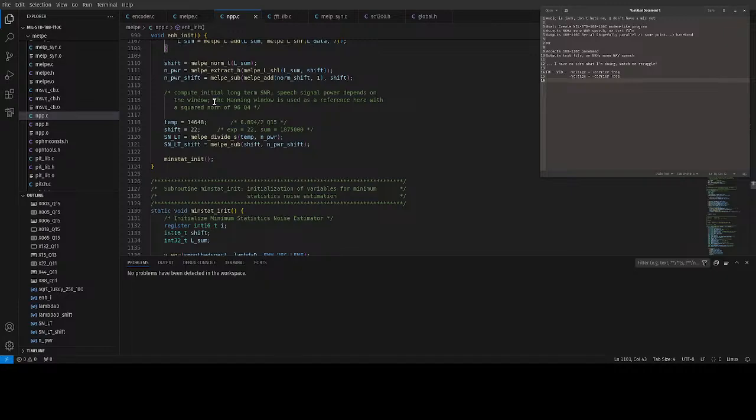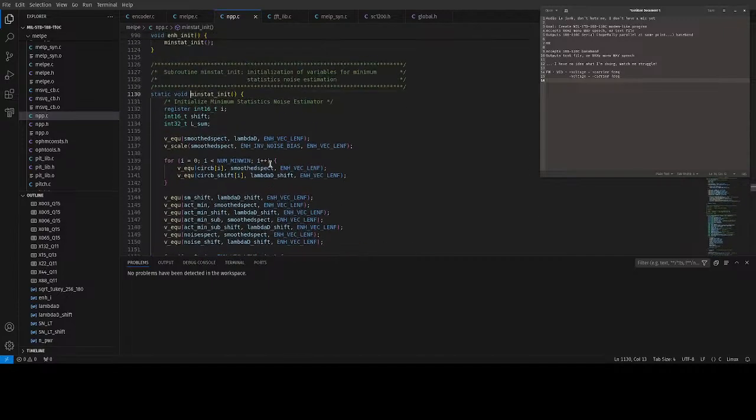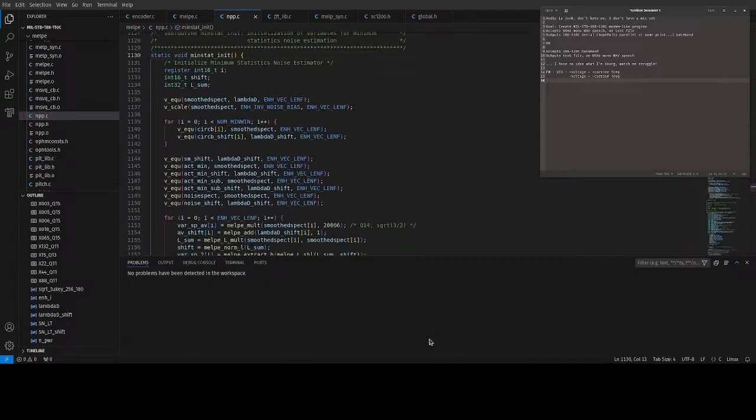Long-term SNR. Heading window. Initialization of variables for minimum statistics noise estimation. Okay, well,